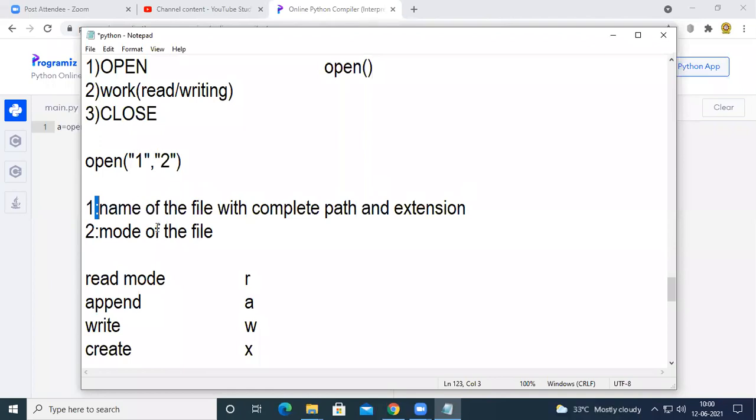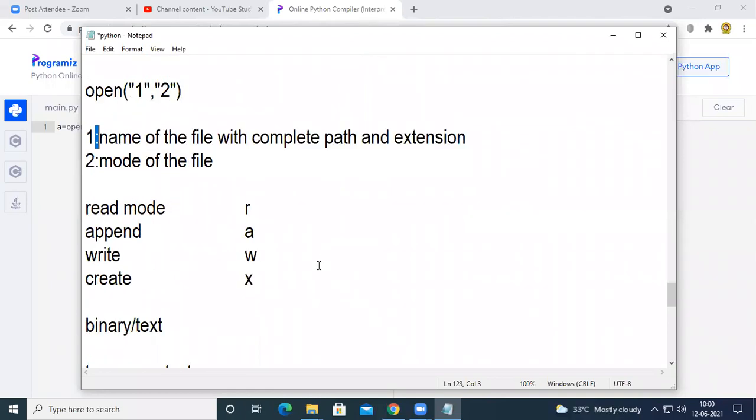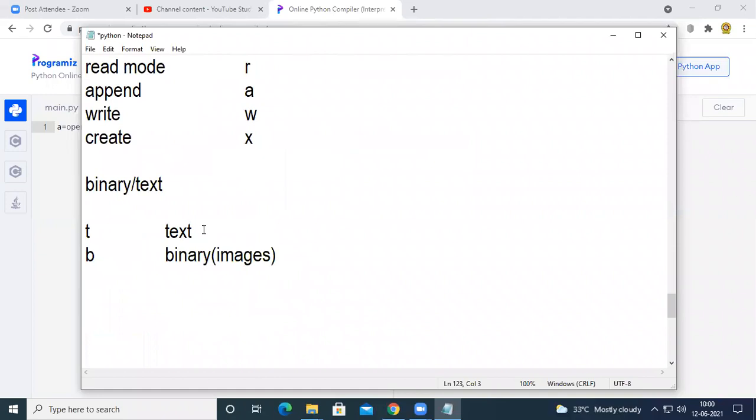And as the second parameter, we need to pass the mode of the file. The mode depends upon the work we want to do on the file. If you want to read the file, we pass R. If you want to append to the file, we pass A. If you want to write data into the file, we pass W. And if you want to create a new file by using a Python program, you have to pass X. At the same time, sometimes we have to work with images. When working with images, we cannot bring the image as text into our program.